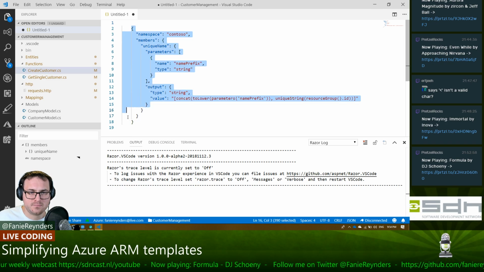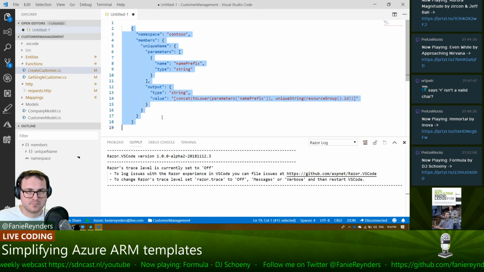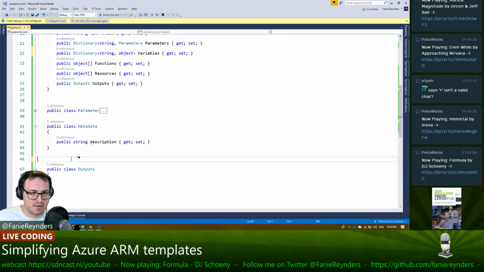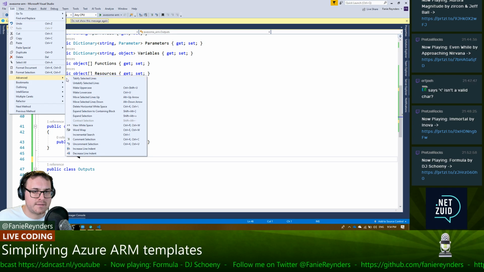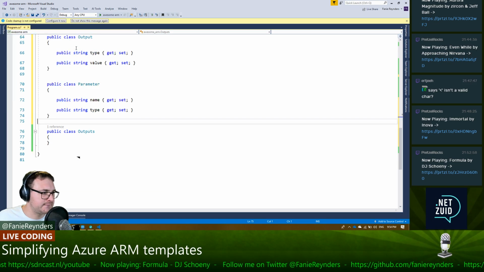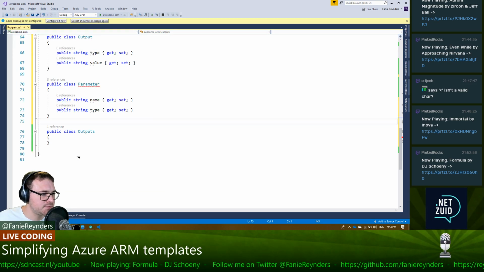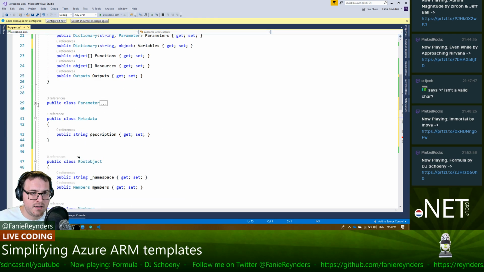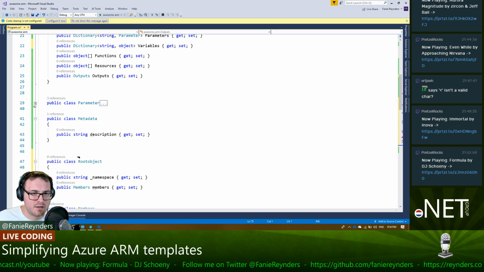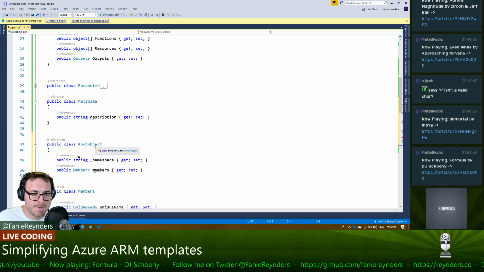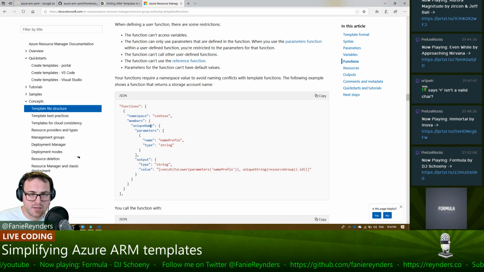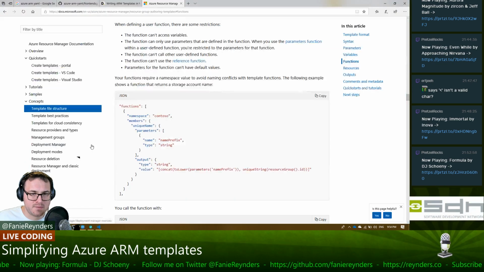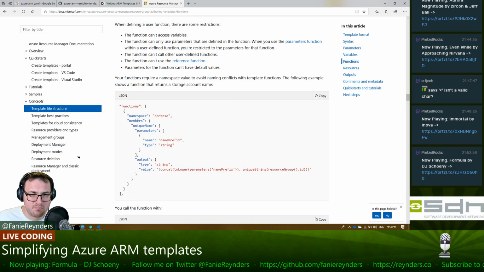Now what will happen if I just paste this in there? Okay, now I get duplicates, which is not bad. I think this is the same kind of parameter things. Okay, we've got namespace, which we'll just rename something like that. That's namespace. Members,